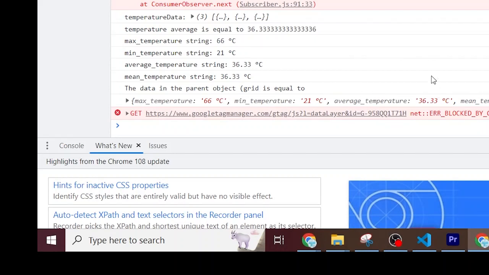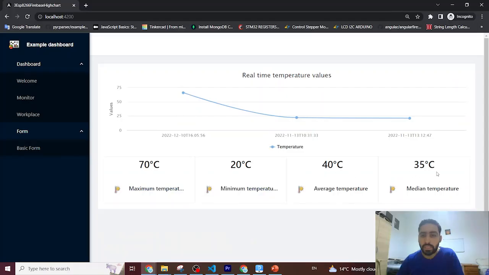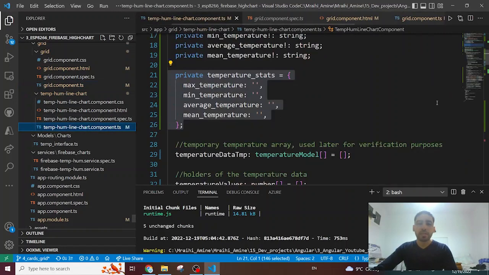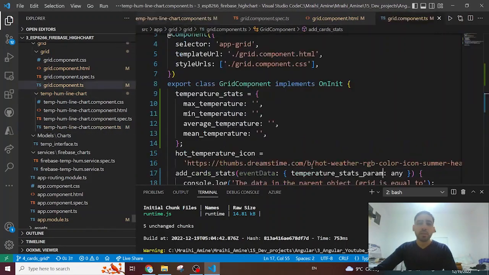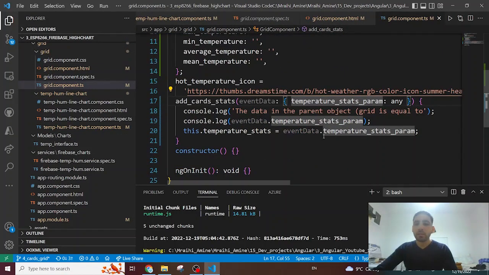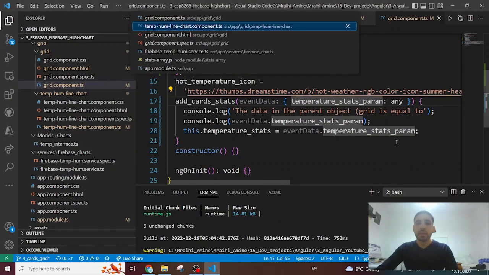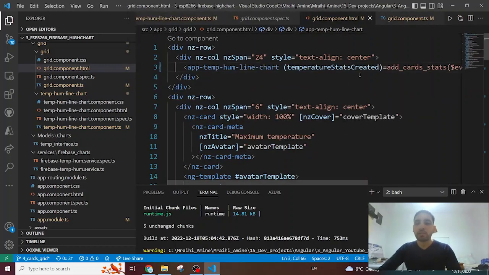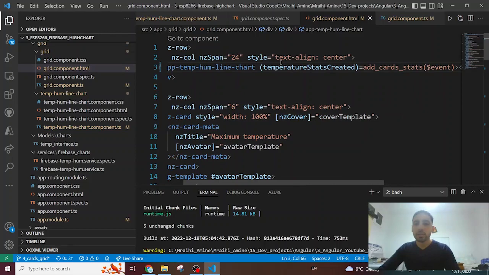Then we are going to use this data inside our cards here. Then we create a temperature stats object, which is similar to the one that we have created in the temperature component. Then this temperature stats will take the value of event data dot temperature stats param, which is coming from the child component. After that, in the HTML of the grid component, which is the parent component, as I said before, I added